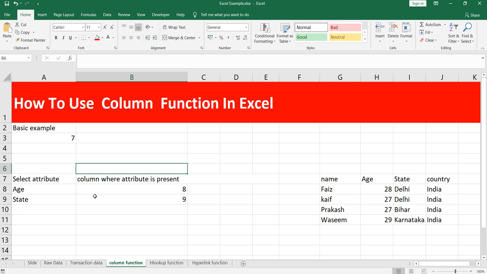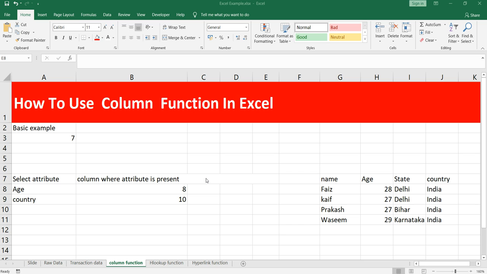Now how is this COLUMN formula useful? You need to understand that when you will be creating a dynamic dashboard or when you will be using Visual Basic for Applications coding within Excel, then you might need to get the column number where the value is. So you will use the COLUMN function with multiple other functions like IF, SUMIF and FIND to get the value when the column number is equal to something, which is 8, 9, 10 or 15. So the column number won't be very efficient